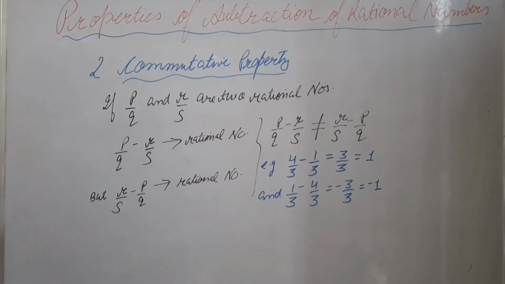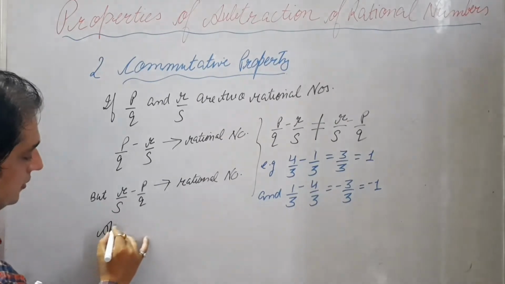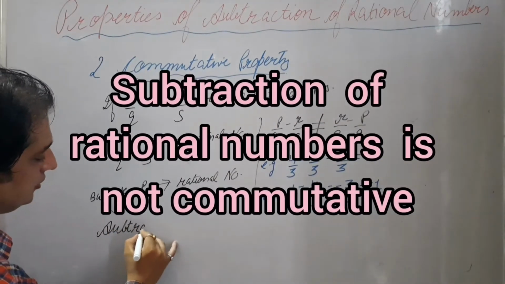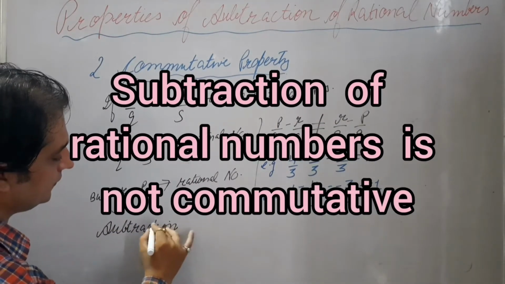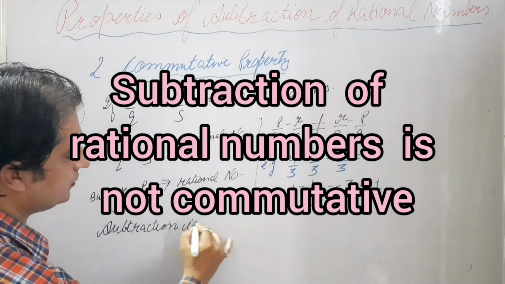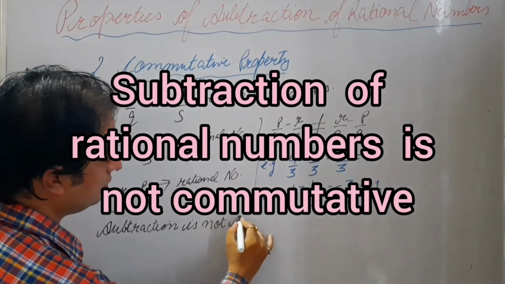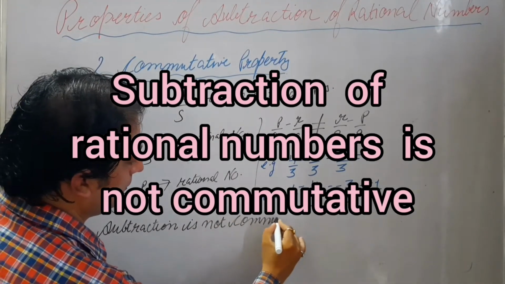commutative. So subtraction, इससे हमें पता चलता है कि जो subtraction है of rational number is not commutative,